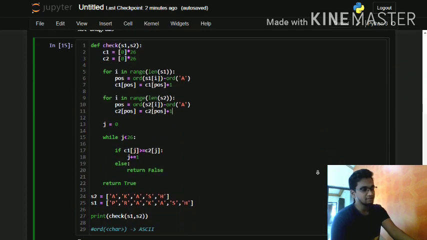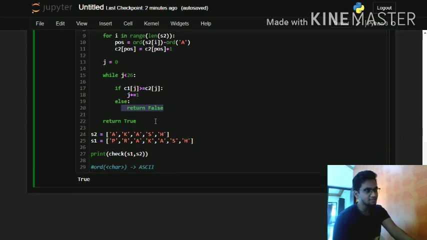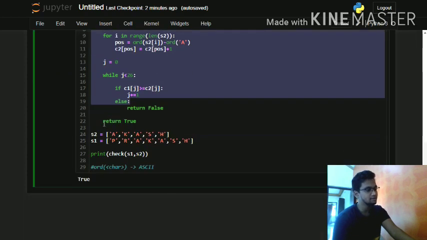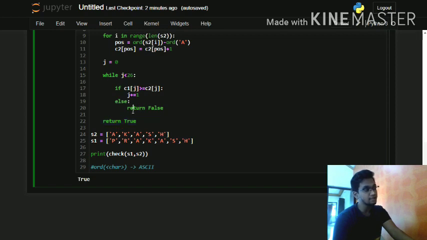In any case, if there exists any character which is present in S2 and not in S1, that is, present in the shorter string and not present in the longer string, then we'll return false. If that's not the case, after all these things, we'll return true. Return true will execute only if the return false statement is not executed.